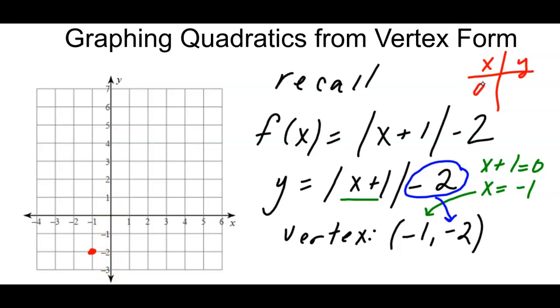So if I put 0 in, I would get y equals the absolute value of 1, which is 1, minus 2. So y equals -1. So then we were able to plot that point 0, -1, and then reflect it over